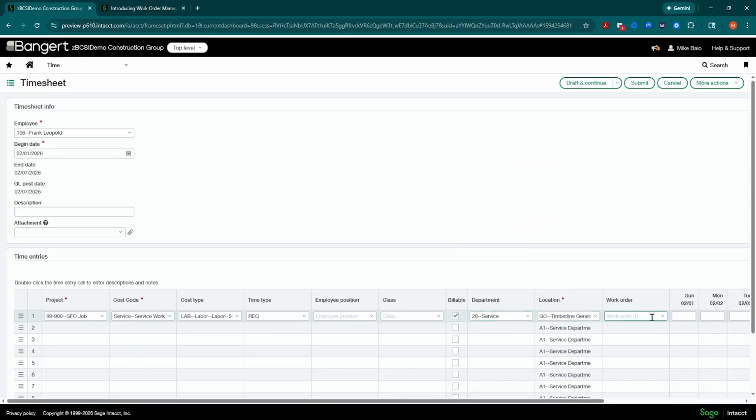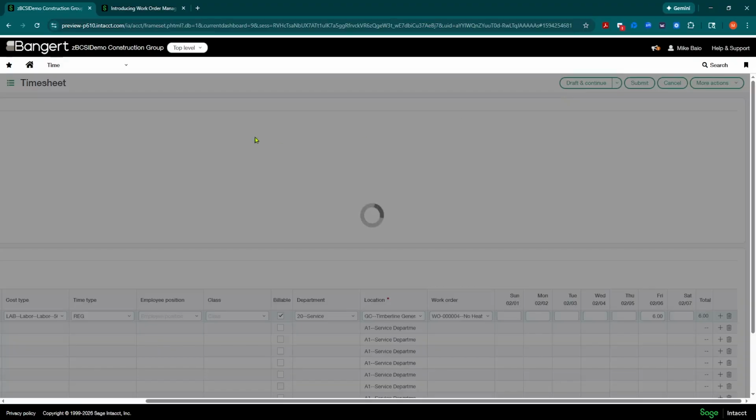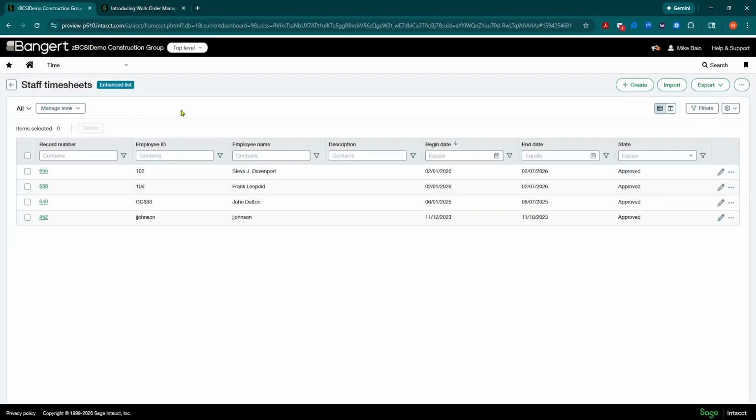And over here, you'll notice I have my department filled out wrong, but yours would pre-fill in correctly. And you'll notice here you'll be able to code time to the work orders. This you could not do before, so this is fantastic right here. I can say it's for work order 4, and he did 6 hours on Friday for that. And then you can keep going, keep entering more work orders. I'm just going to enter the one, and we'll hit submit. That can create a charge, a cost that, again, posts over to the general ledger. And now you'll have all that work order dimension reporting in Intacct.